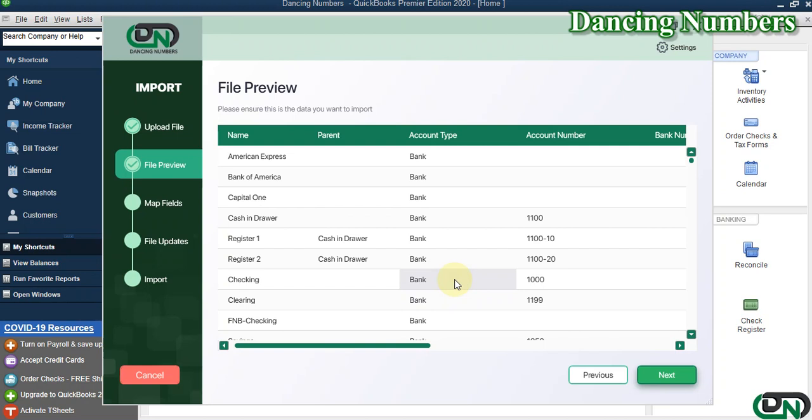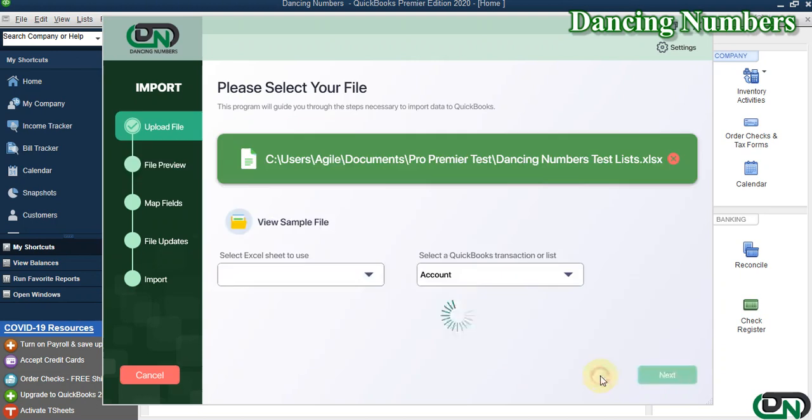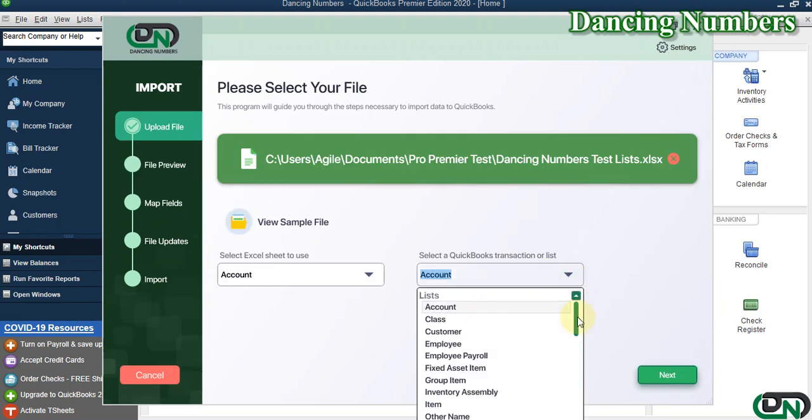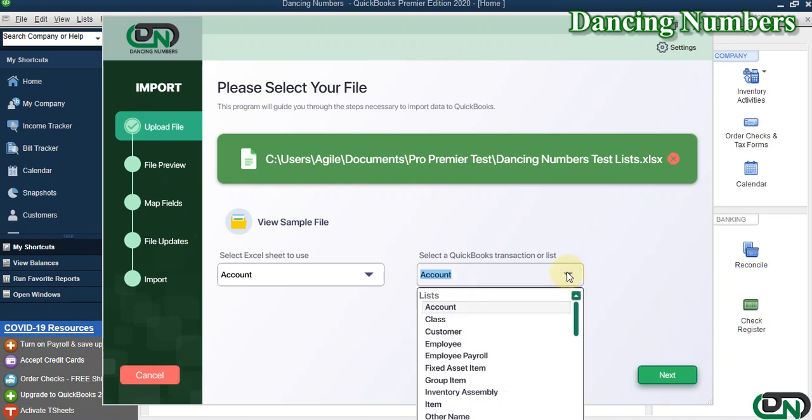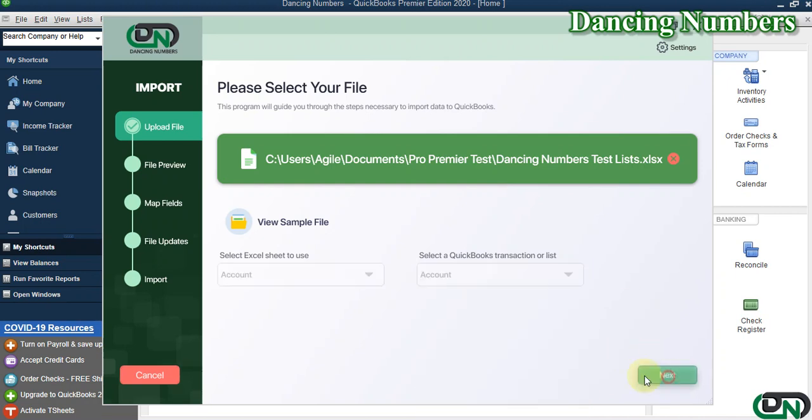Now it's not just the chart of accounts. If I go back, as you can see that I can import any of these things which are available here or are supported by QuickBooks Desktop. Not just the list, the transactions as well. So we go next,